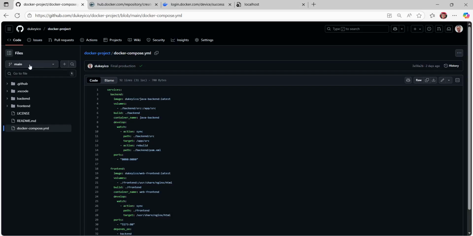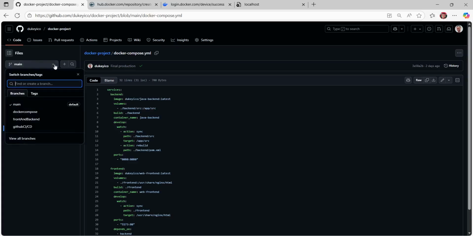Now look at main branch, right? You are in the main branch. Now click on this. See, you could see that now. What do we have here? Docker Compose, front end and back end, GitHub CI/CD, right? Remember, look at your main branch is your default branch. So which means that yes, all what we saw in our terminal there